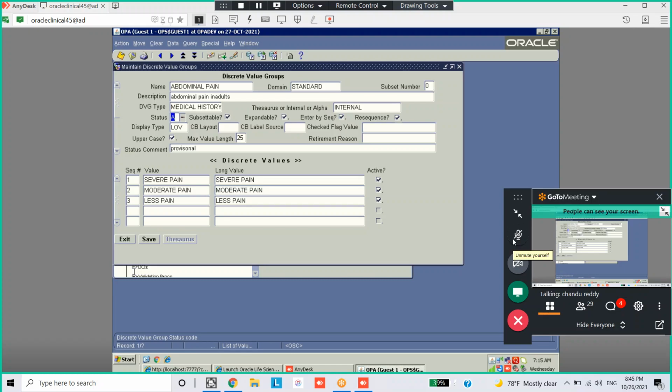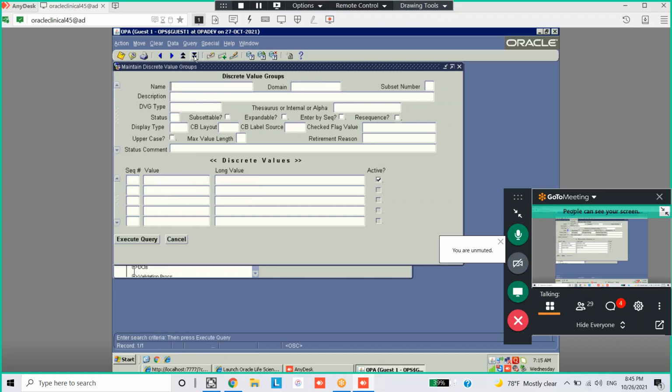You can go to query, enter query. We have one DVG, that is other action taken. Just search with other. We'll delete them and we'll create again. In case you have any study-related ones also, you can create them later. Other percent